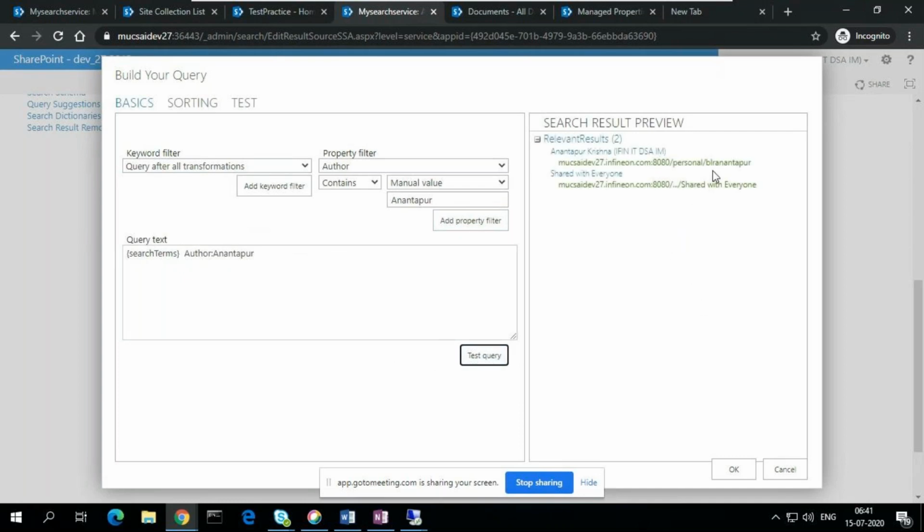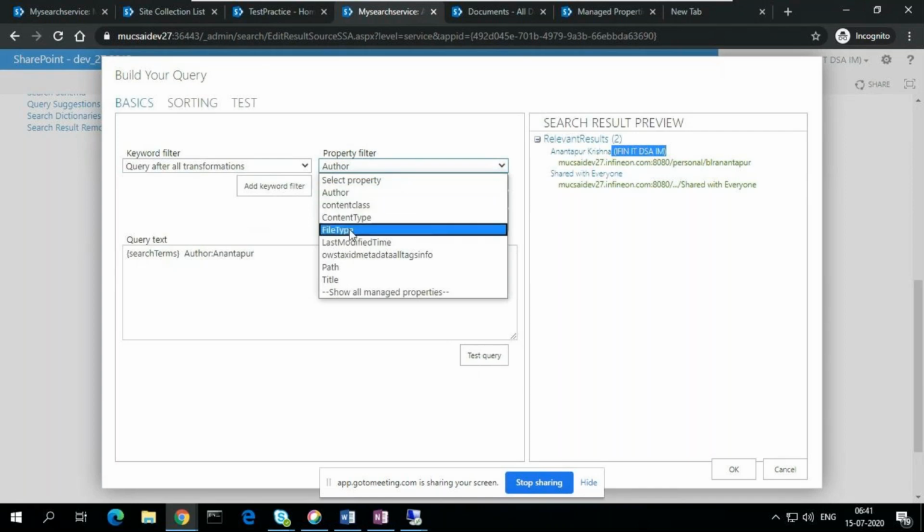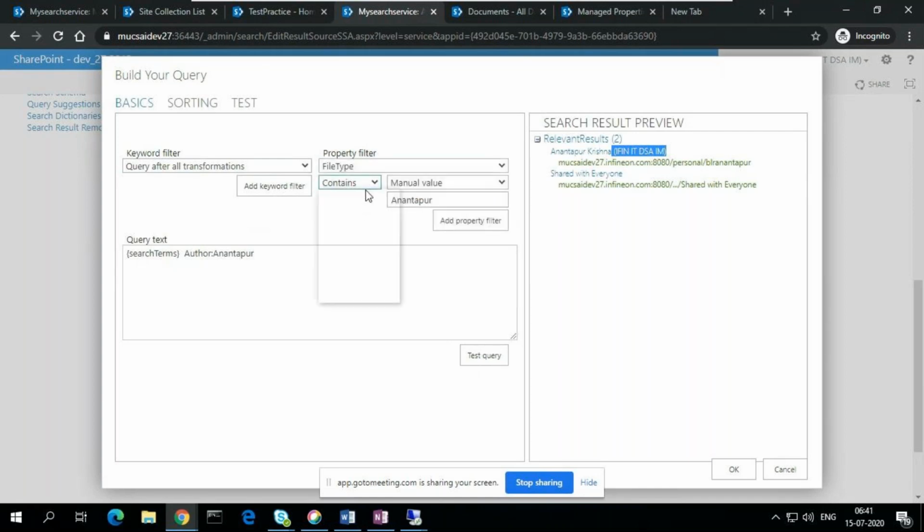So the query should match based on this. It is showing that this is the people result. It is showing and shared with everyone. Suppose if I type file type, same thing, or contains